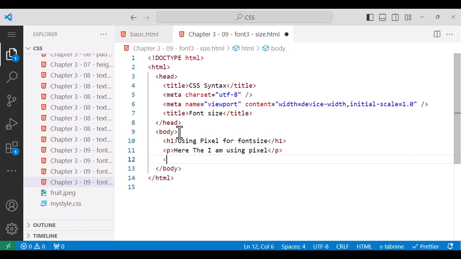And let's have another heading one. Simply let's put a horizontal rule to separate it, and a heading one